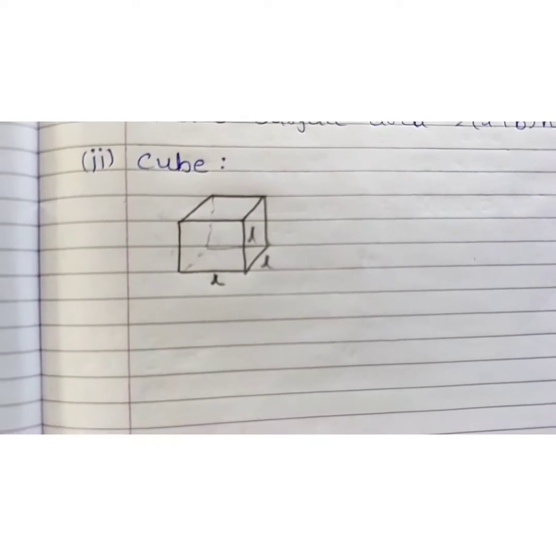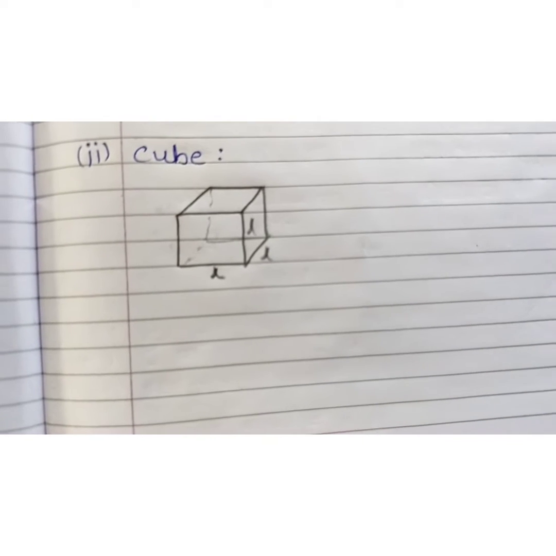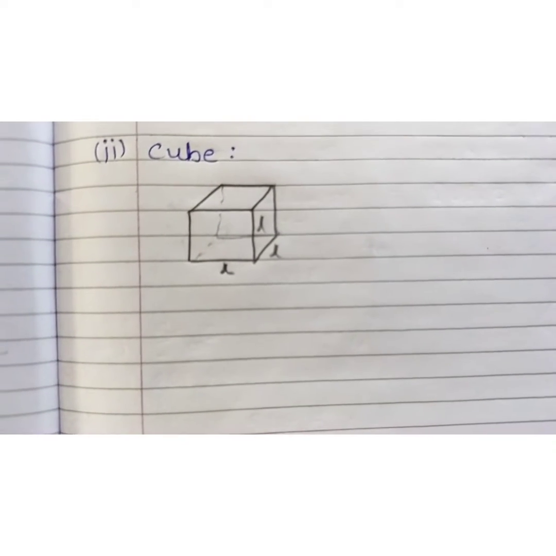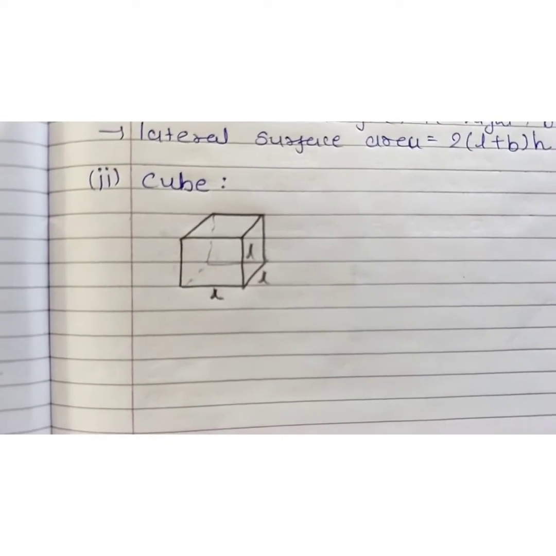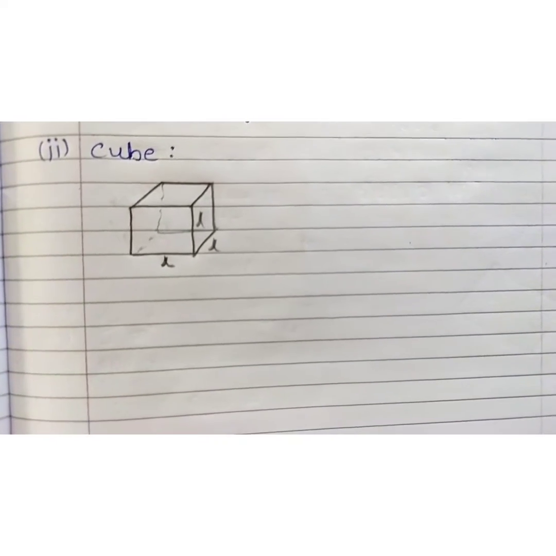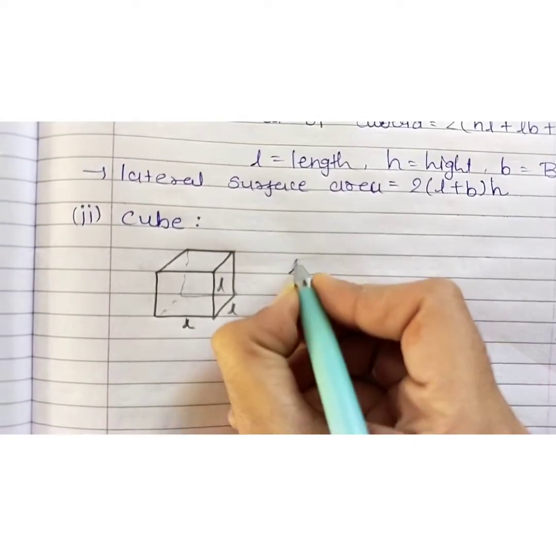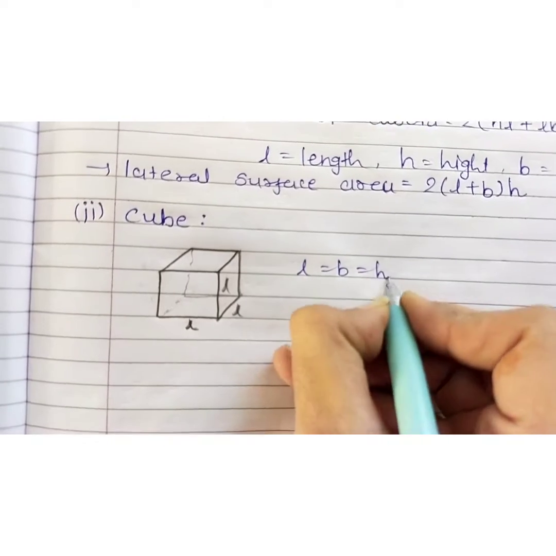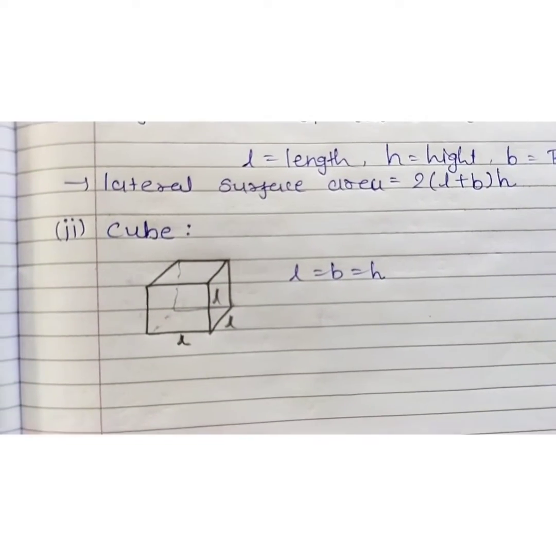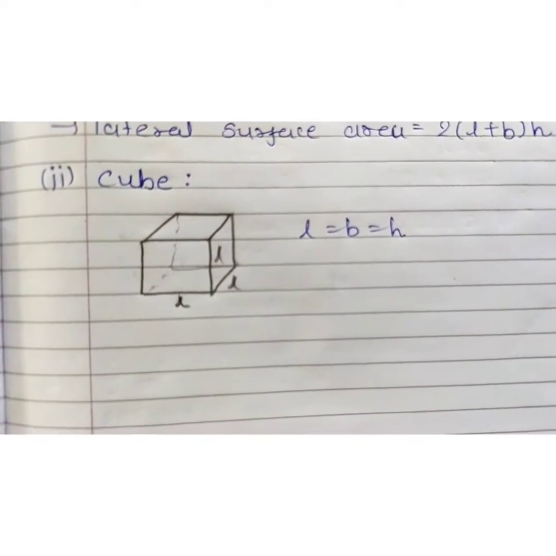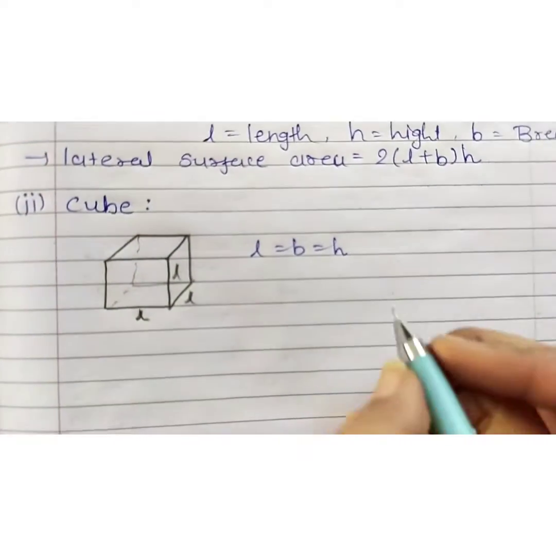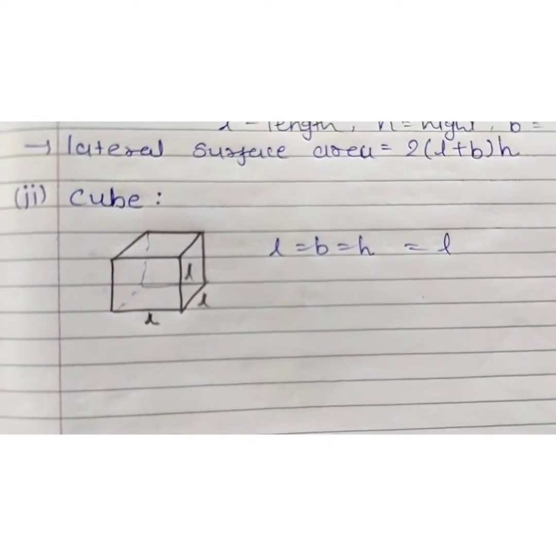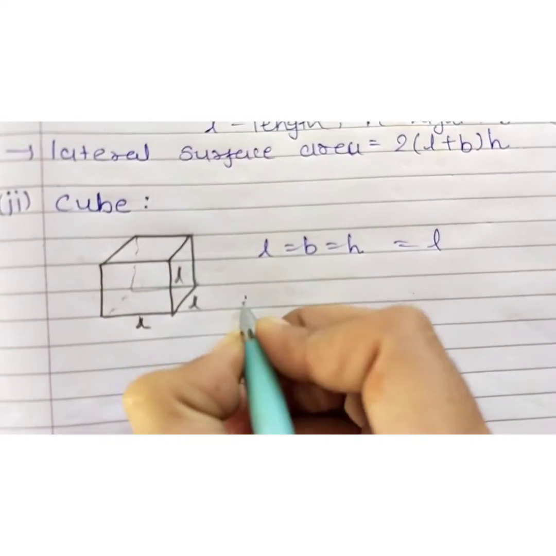Now the next solid shape is cube. Cube is similar to the cuboid, but in the cube all the sides are same. So L is equal to B is equal to H. Length is equal to breadth is equal to height. All the sides are same. We can take it as L. Okay. Therefore,